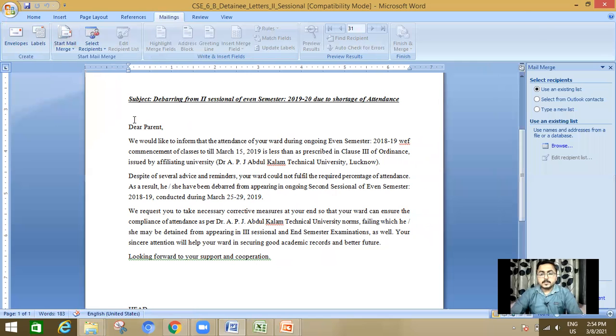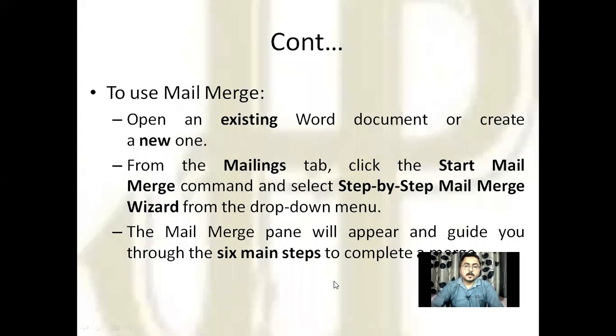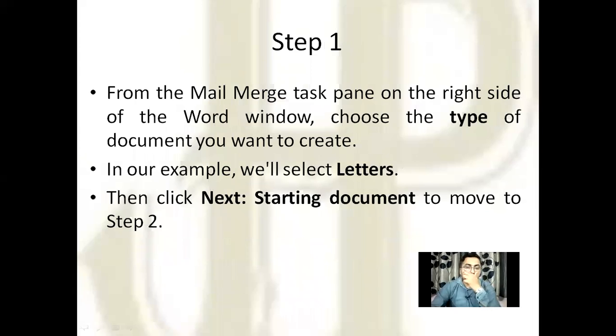Now, this will give you the whole idea how to create a mail merge. So what are the steps? Step 1. From the mail merge task pane on the right side of the Word window, choose the type of document you want to create. In our example, we select letters. Okay?